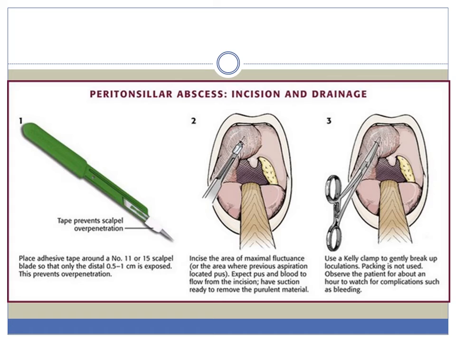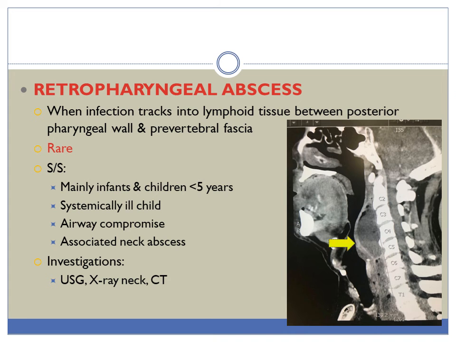In incision and drainage method, usually we give a stab incision at the point which coincides with the anterior pillar and the upper part of soft palate. At that point, we are supposed to stab it with the 11 or 15 number scalpel. And then this is widened with the quinsy forceps or normal artery forceps and can be aspirated with suction. This procedure can be done under local as well as general anesthesia.